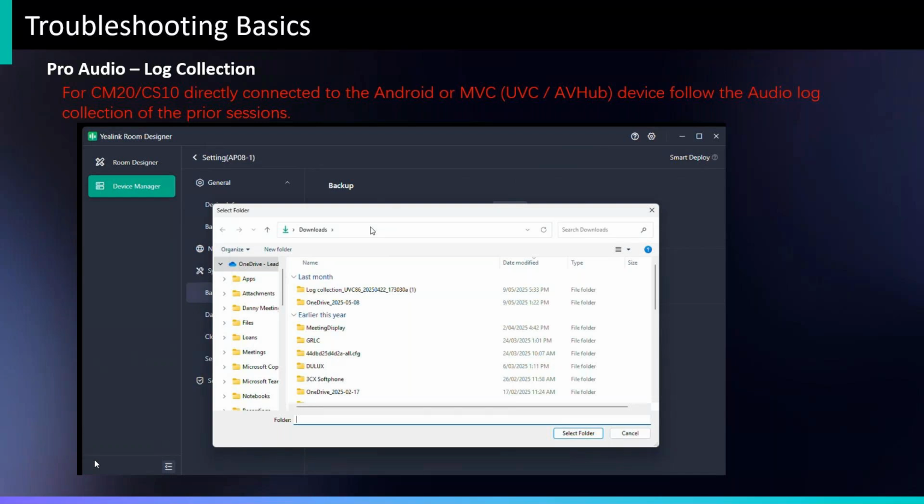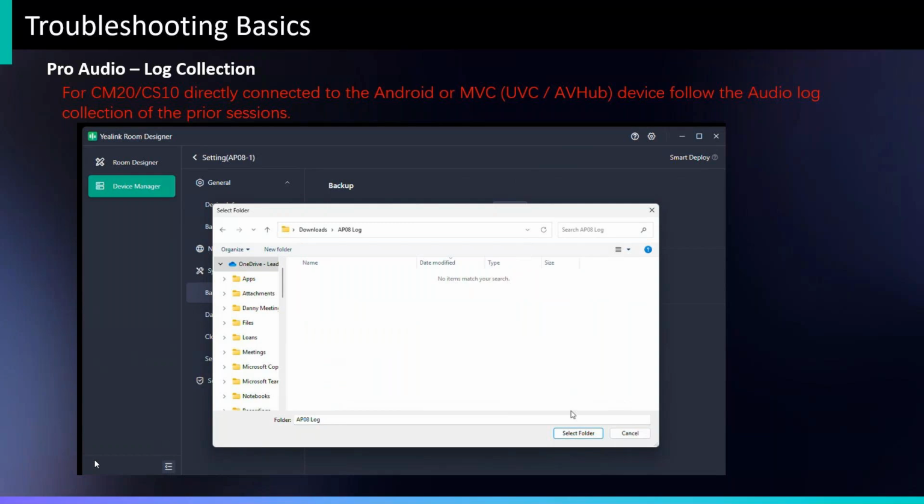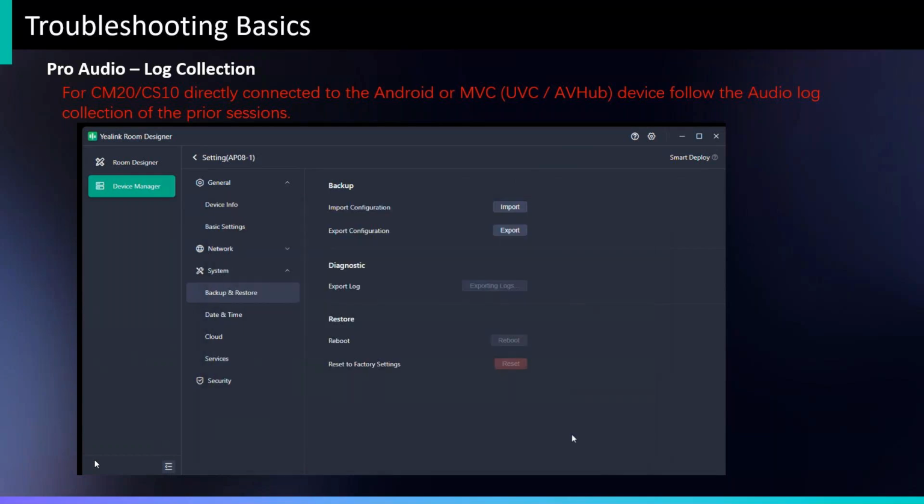We then go into the download folder or so. We create a new folder, say, for example, AP08 logs or whatever. We choose select folder. Once that export is done,